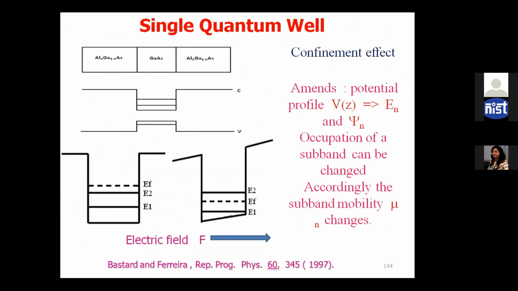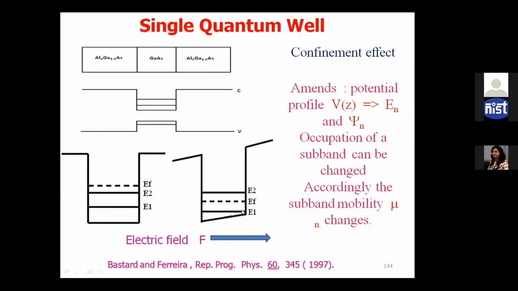So now, when you apply field, as you know, this field is 0. When you apply field, the additional potential is added. What is that? EFZ. E is negative because we are taking the conduction band. A charge is negative. So, when you apply field in this direction, that means from substrate to surface, then the